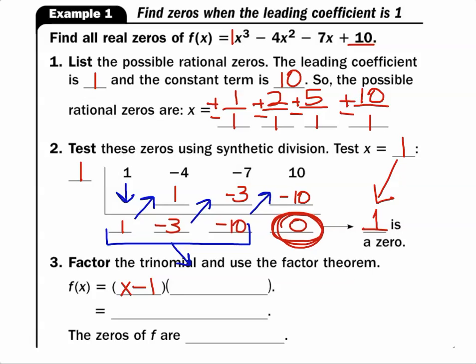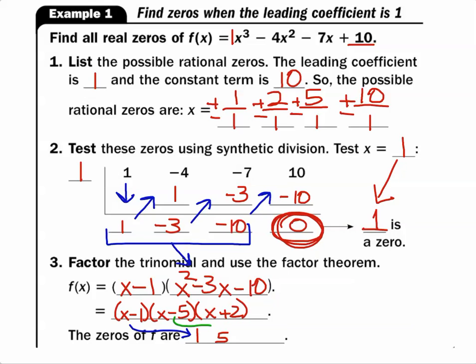We have x squared minus 3x minus 10. We can factor that pretty quickly. x minus 1, x minus 5, x plus 2. So with that, we know the zeros, right? One of the zeros is 1. That comes from here. One of the zeros is 5. That comes from here. And one of the zeros is negative 2. That comes from here. Using the rational zero theorem, we factor